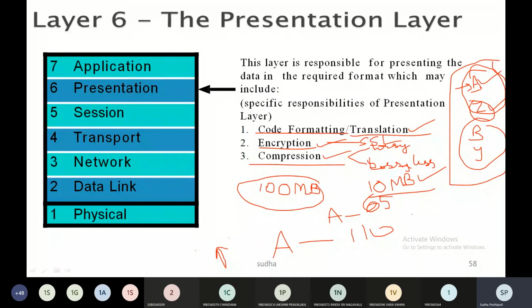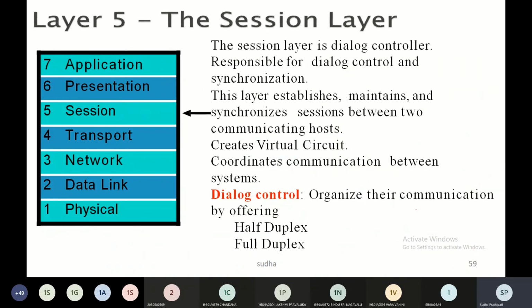Did you understand the difference? Yes, ma'am. Okay, right. So can I get some other confirmations from the class on whether the application and presentation layer is clear or not? Yes, ma'am. Okay, two more confirmations. Let me get two more confirmations. Clear, ma'am. Yes, ma'am. Clear. Okay, right. So now let us move on to the next layer.